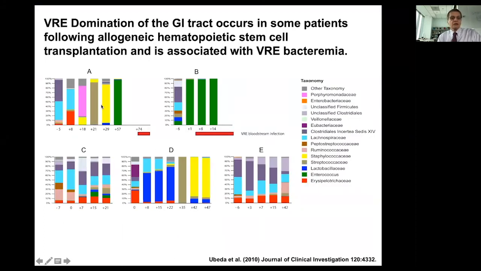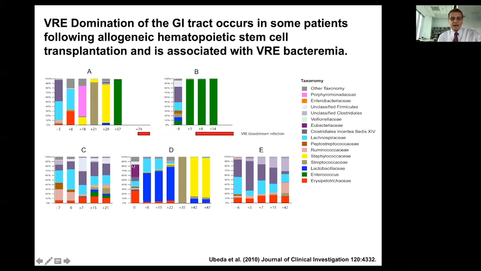So here is one of our earliest studies. We had just learned how to do shotgun or 16S sequencing using next-gen platforms. So this was 10 years ago now. Our first 5 patients. And what I'm showing here in bright green is that 2 patients, patients A and B, got what we refer to as intestinal domination by Enterococcus faecium, and that's shown here. It turned out that these 2 patients ended up developing VRE bacteremia downstream of when their gut was dominated by